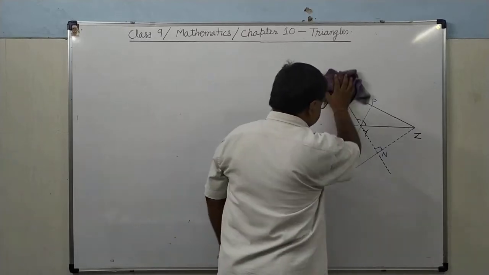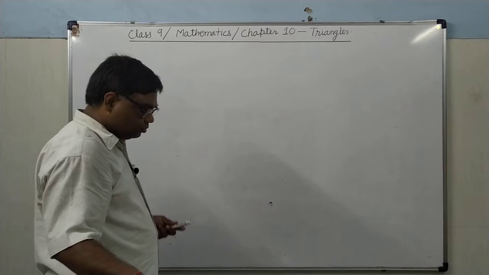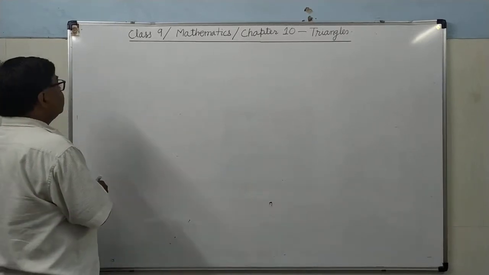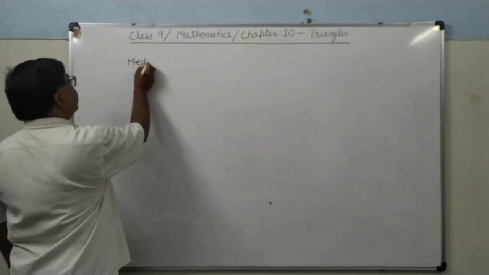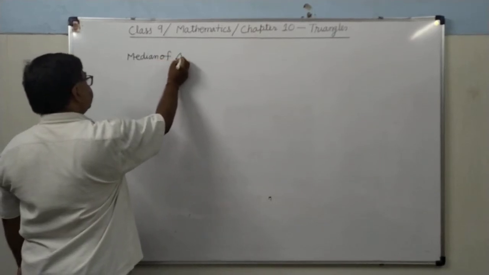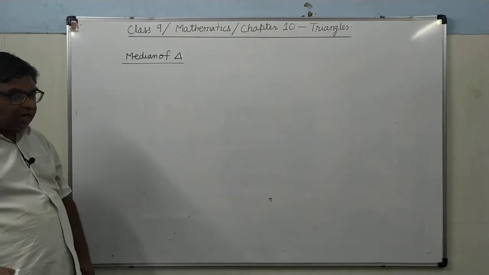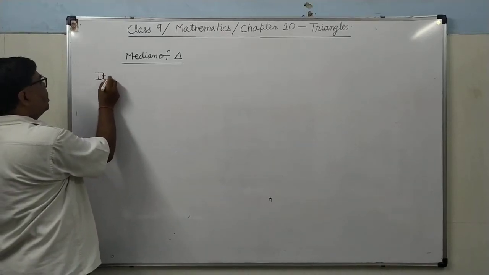What is the median of the triangle? It is a line